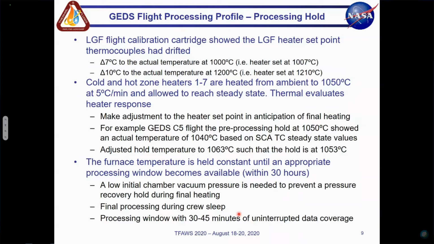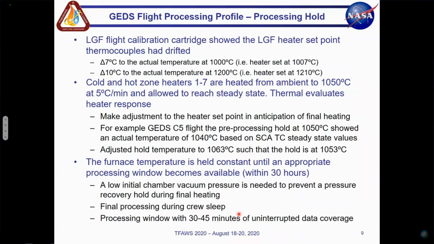And when we did our assessment, it was similar to what ESA's calibration cartridge read, and it was reading low. So we decided to adjust the temperatures at that set point up by 13 degrees Celsius, because we extrapolated out to our processing temperature, which should have been 1,210 degrees, but we had to take it out to where we would believe that the furnace set point would have to be 1,223 degrees Celsius, and we wanted to maintain a 160-degree final ramp up.